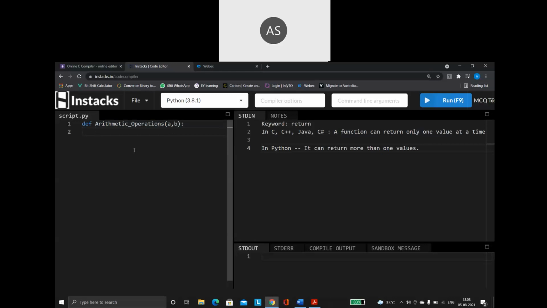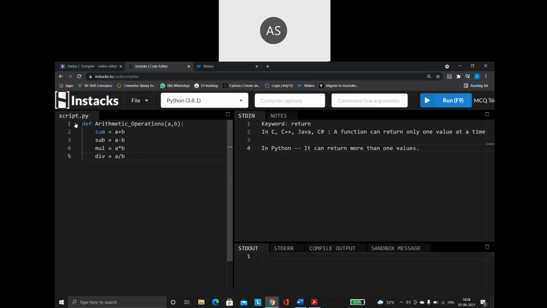Here I'm going to say sum is equal to a plus b, sub is equal to a minus b, mul is equal to a into b, and div is equal to a divided by b.